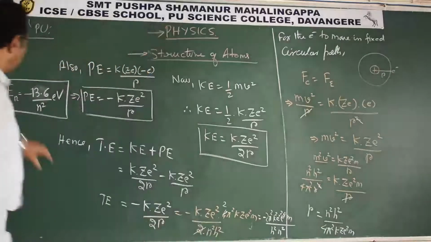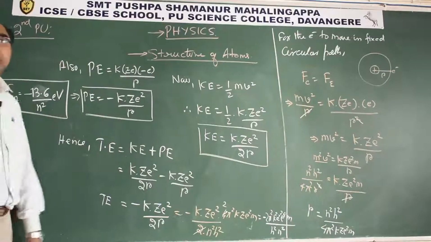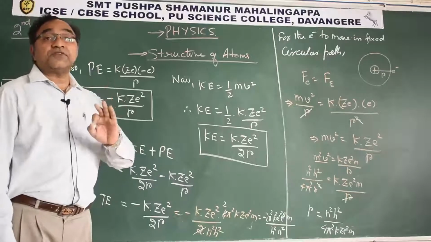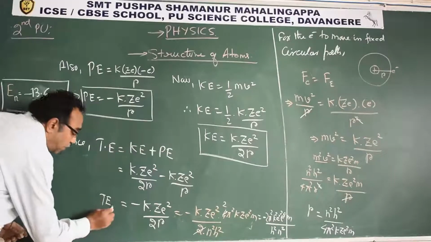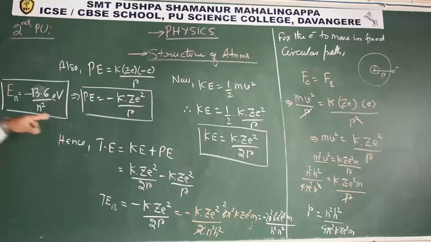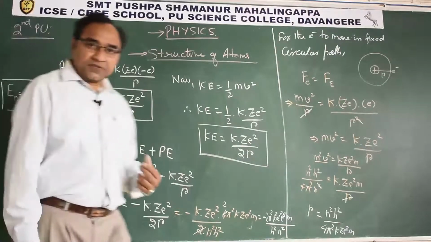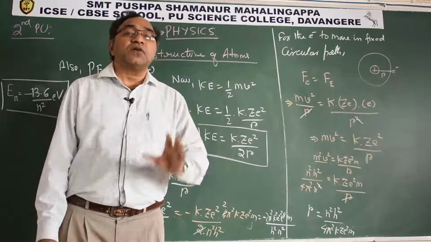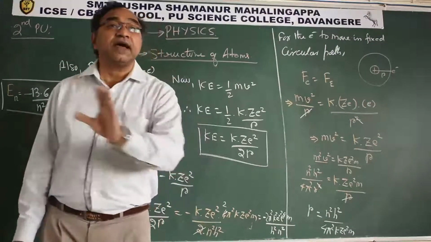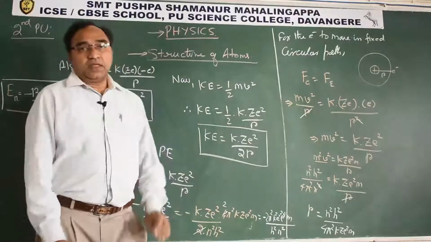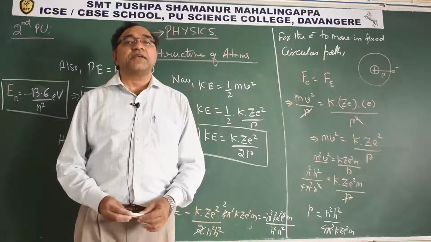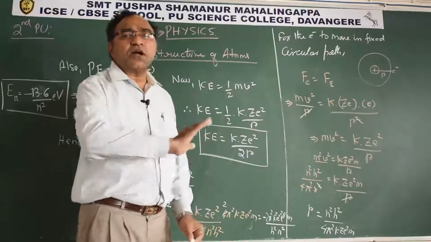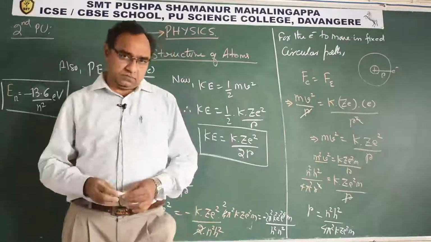So this equation, En is equal to minus 13.6 by n square electron volt, is the energy of an electron, the total energy of the electron, we can say, in the nth orbit. And we are getting it as negative. What is the significance of the minus sign? The significance of the minus sign is, since energy is negative, the electron is highly stable in that orbit. That is the significance of the minus sign. So it has no tendency to come out of the orbit on its own.